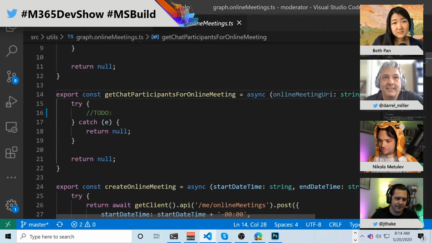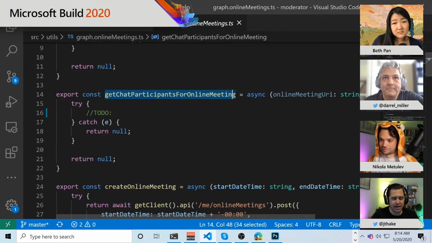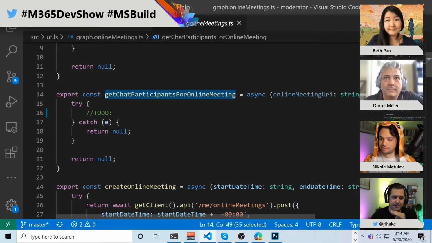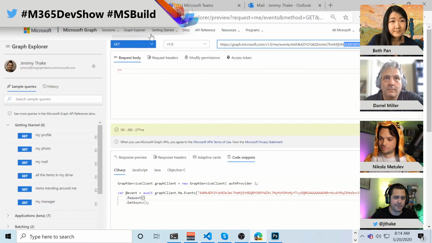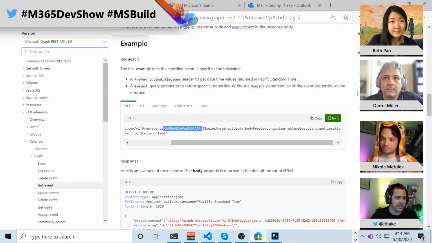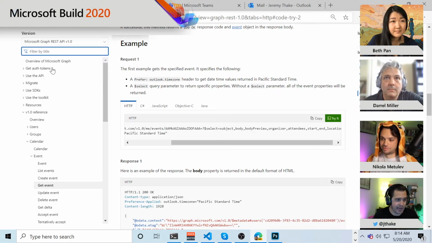So effectively here, what we want to do is go based on who's in that meeting. In the demo, we showed Nicola, Beth, and I in the meeting. We need to know who's in the meeting at that point in time to then be able to split those people out into groups. And so again, if I go back to the docs here, and exit this focus mode, I would come in here and go like